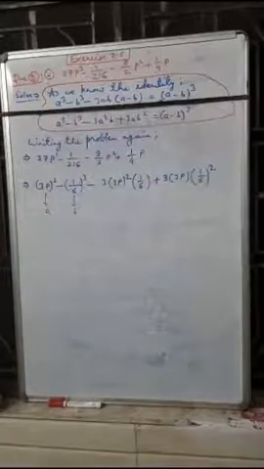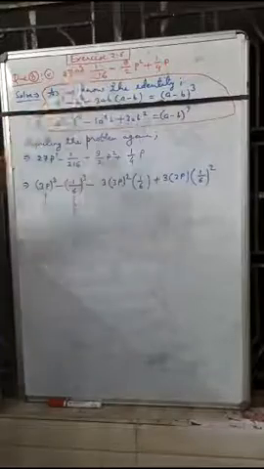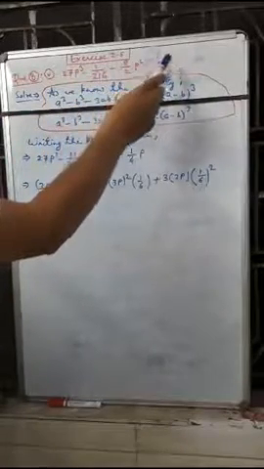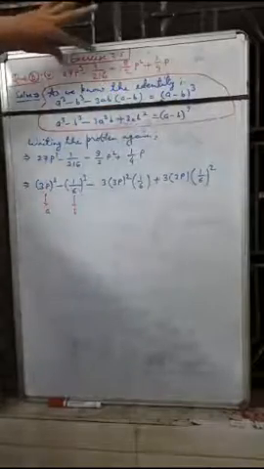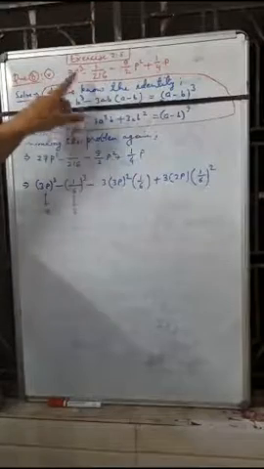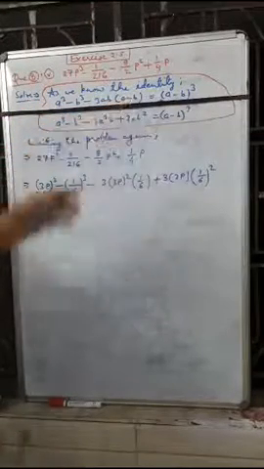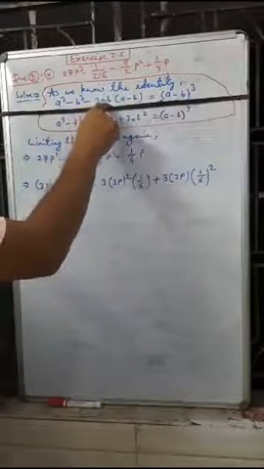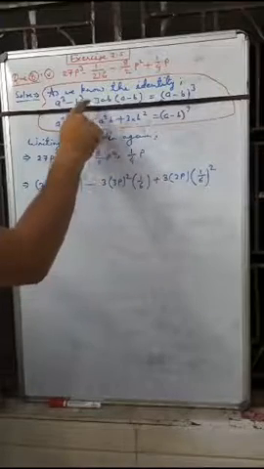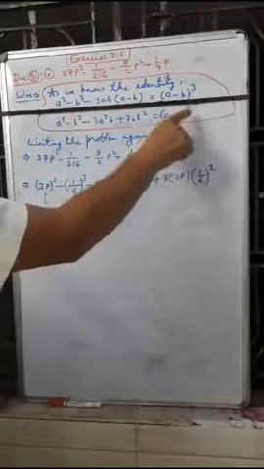Now we are solving question number 8, fifth option: 27p cube minus 1 upon 216 minus 9 by 2 p square plus 1 by 4 p. We are looking at the equation again in the form of the identity a cube minus b cube minus 3ab (a minus b). Again multiplying minus 3ab inside the bracket, we will get minus 3a square b, and minus minus plus 3ab square is equal to (a minus b) cube.